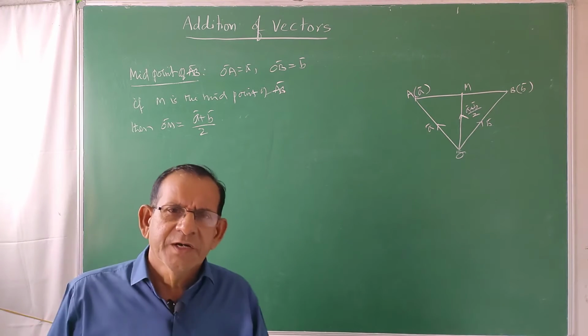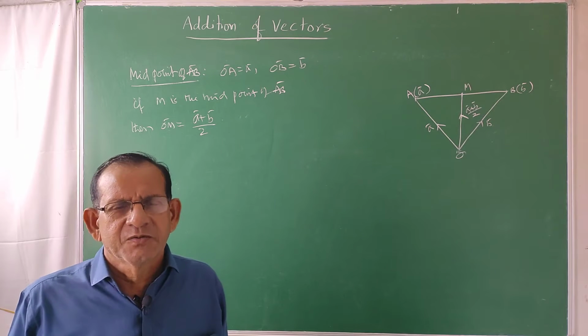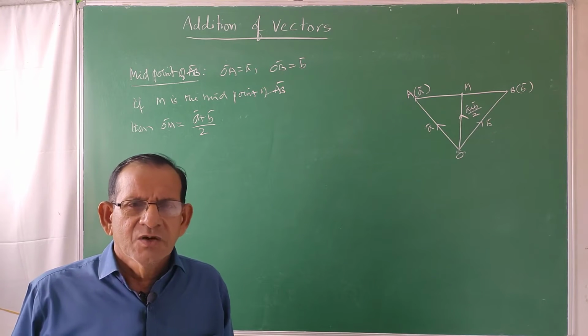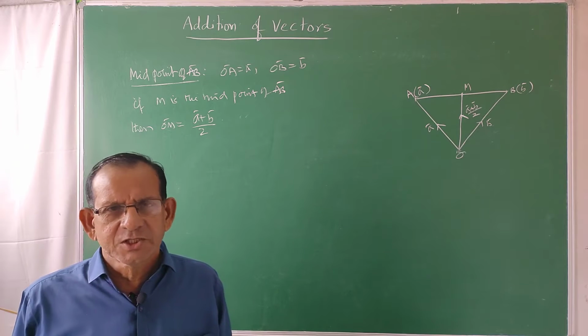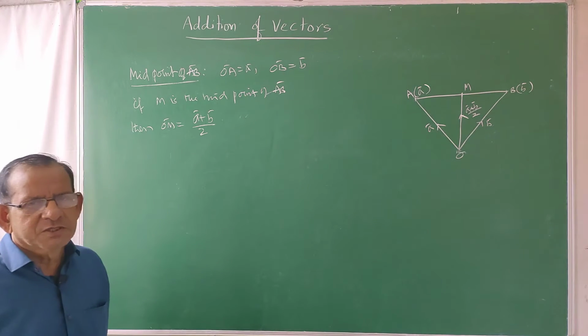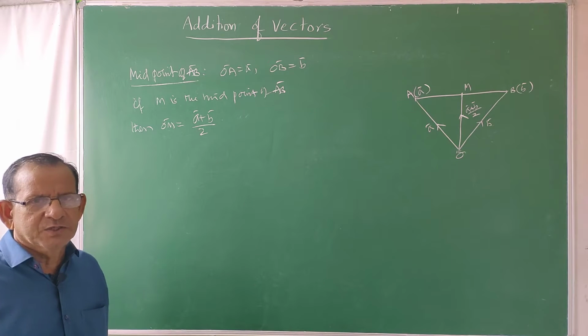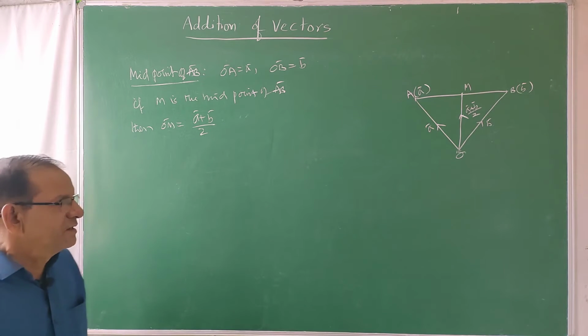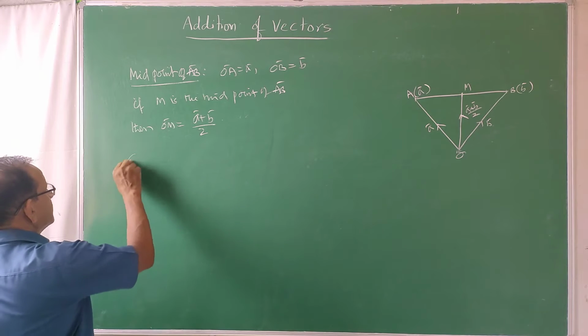Suppose if you want to find out the points of trisection, we have to find out 2 points. One divides AB in the ratio 1:2 and another one divides AB in the ratio 2:1. So the ratio must be changed as 1:2 and 2:1. That's that point. Now next, centroid of triangle.